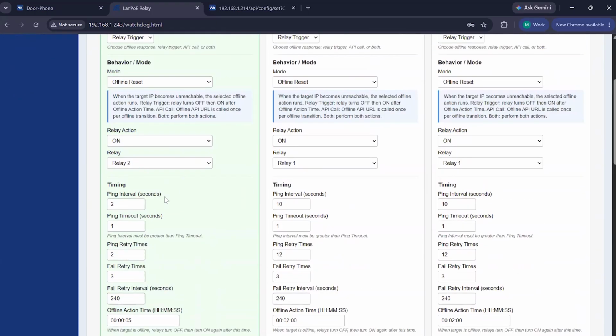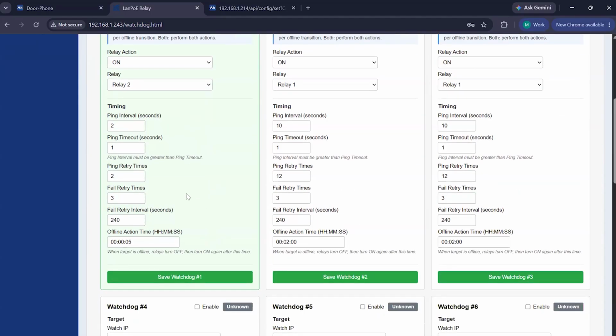Outside of this live example, we will quickly explain what each timing setting represents. Ping interval represents how often the device checks the target IP address. Ping timeout represents the timing between each interval after a failed attempt. Ping retry time is the quantity of the entire cycle attempts. Fail retry time is the quantity of an entire cycle attempt upon failure. Offline action time is the duration for which the relay will remain within the offline trigger state before